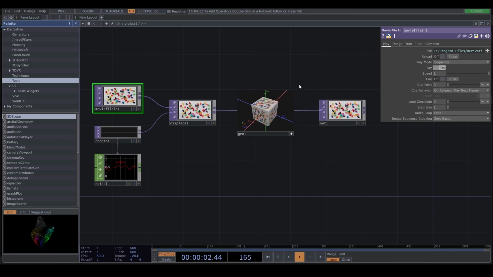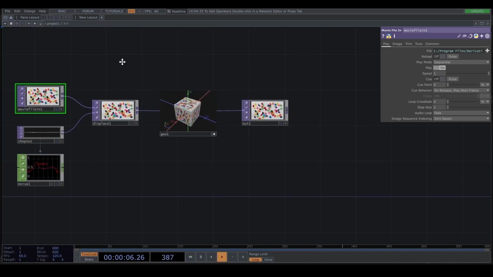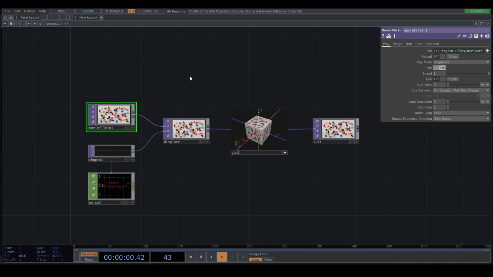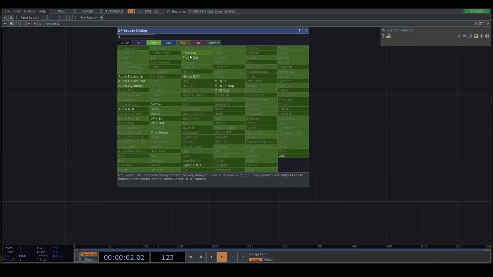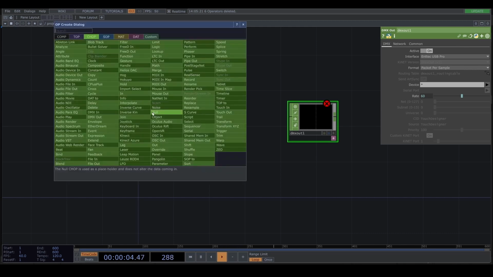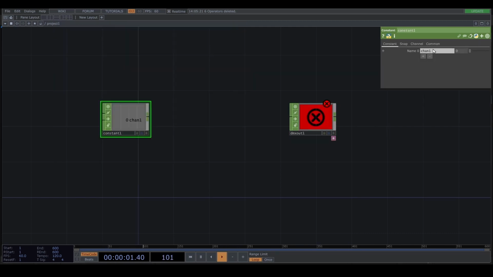So in TouchDesigner, sending DMX is really easy because you just need to add the DMX Out. But sometimes problems happen, for example, a network problem, or the address of the DMX. If you watch this video, it's really clear how to fix it. Okay, so I'm gonna delete all of them. So first of all, I'm gonna add the DMX Out, and then I'm also gonna add the constant CHOP,